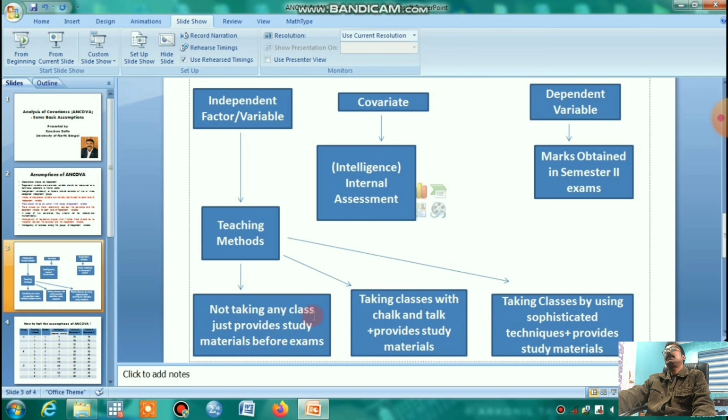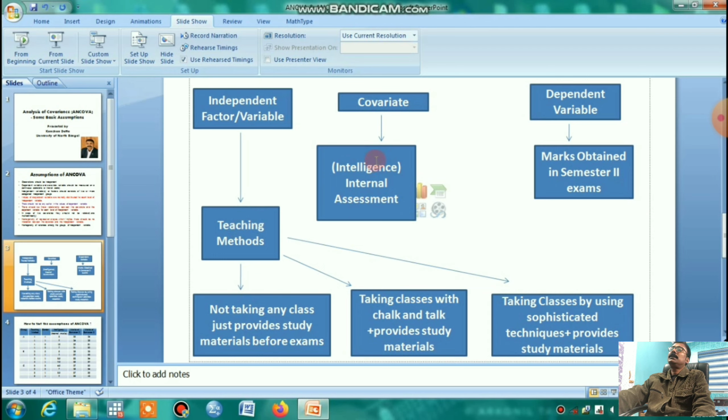But if we control the general or basic level of intelligence of the students, then we can get a better picture of the extent to which the variability of the marks obtained is responsible for the variation in teaching methods, or for the difference in treatment, controlling the effect of the basic level of intelligence.